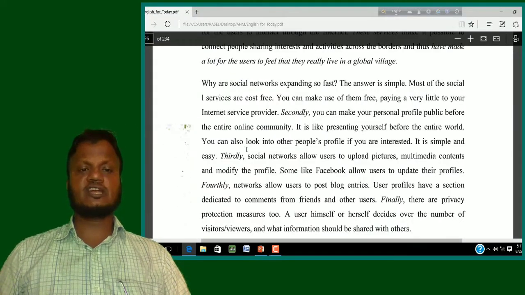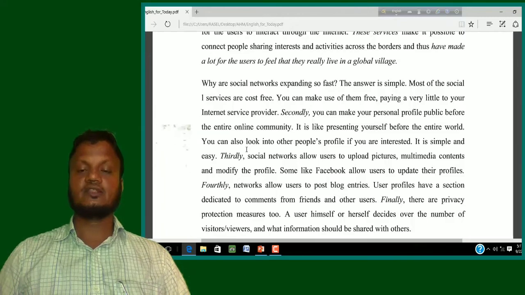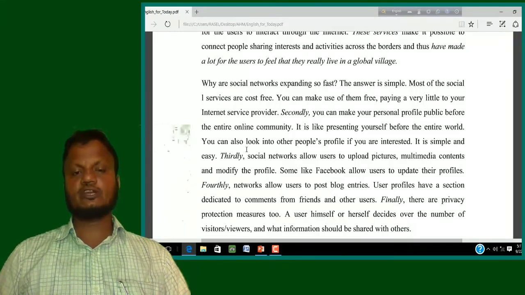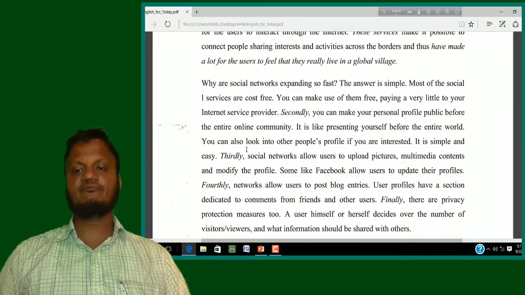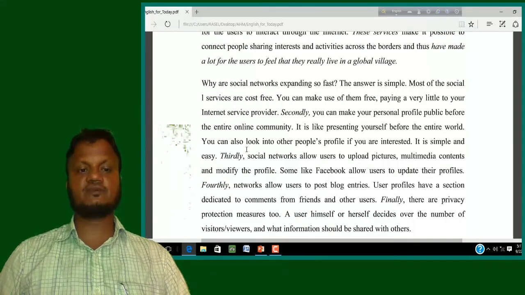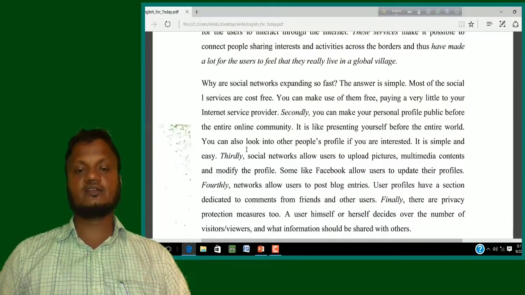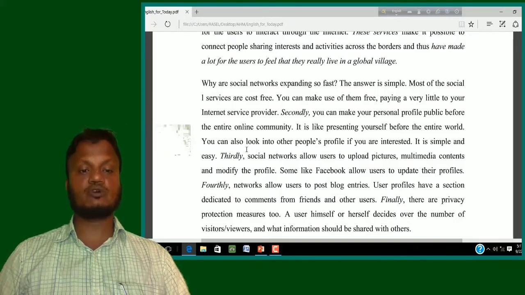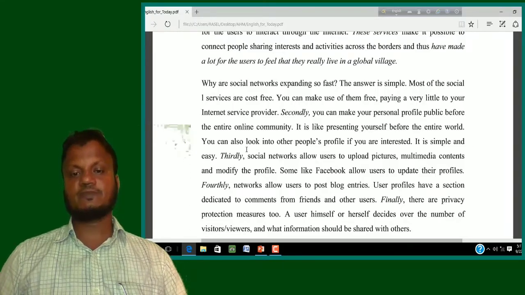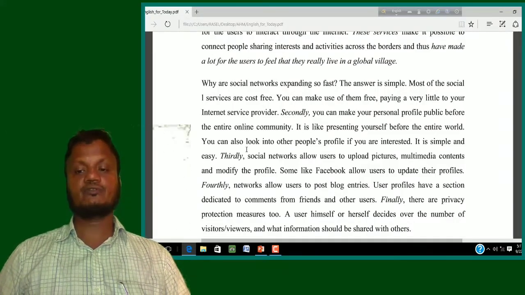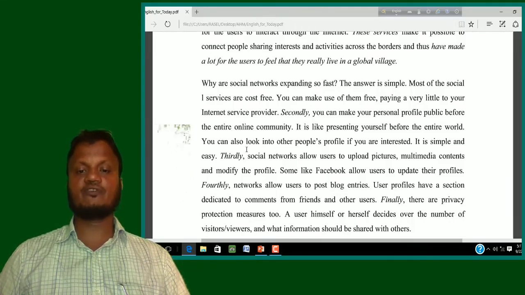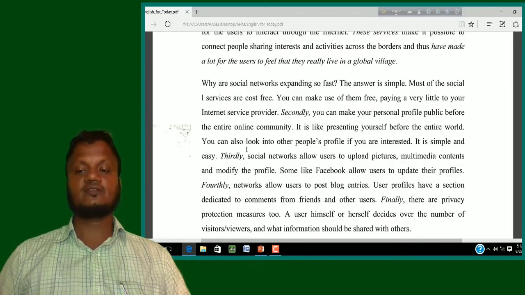Why are social networks expanding so fast? The answer is simple. Most of the social services are cost-free. You can make use of them free, paying a very little to your internet service provider. Secondly, you can make your personal profile public before the entire online community. It is like presenting yourself before the entire world. You can also look into other people's profile if you are interested. It is simple and